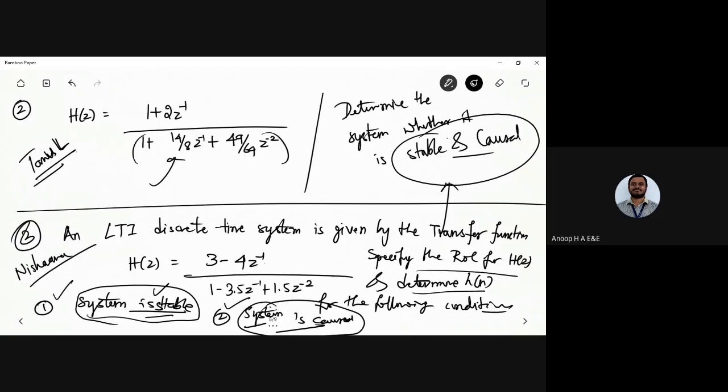Use the conditions specified and solve very carefully and give the solutions. With this note, I would like to just